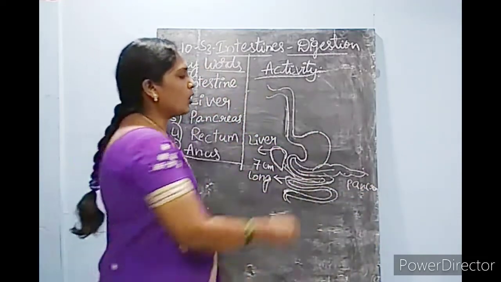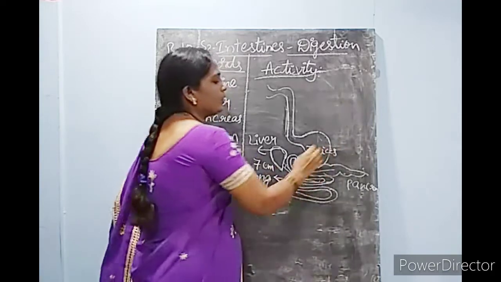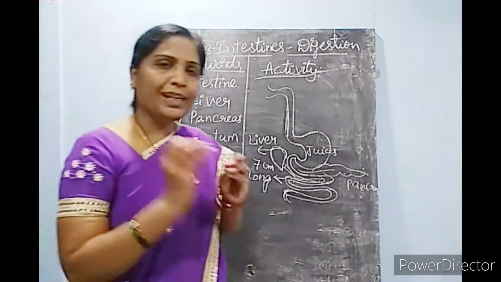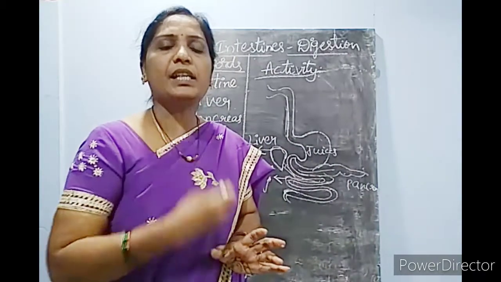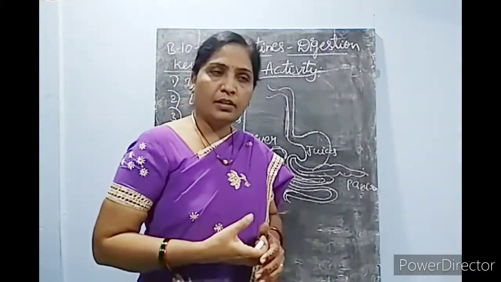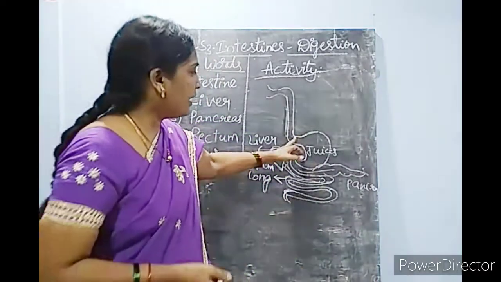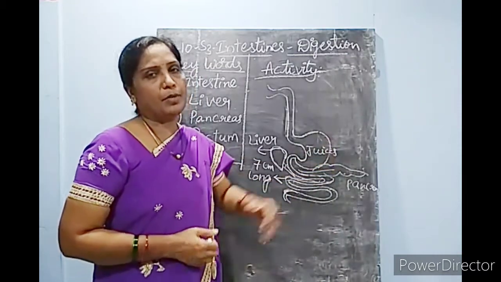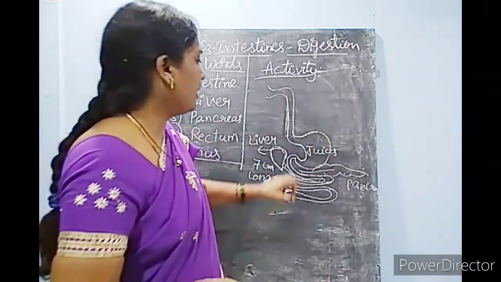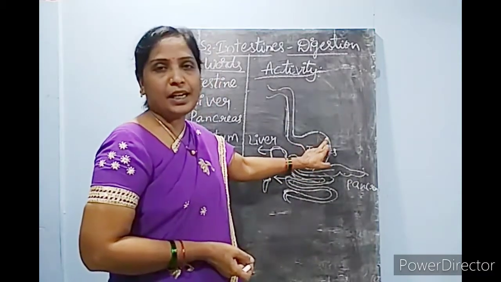Even the stomach walls also secrete some juices. These juices will kill any germs present in the food. While eating, if any non-useful material goes inside, that gets digested or killed by the juices of the stomach. So in the stomach, the food gets